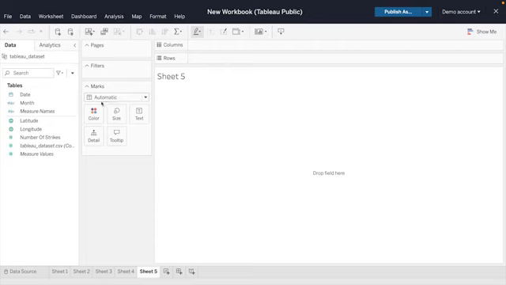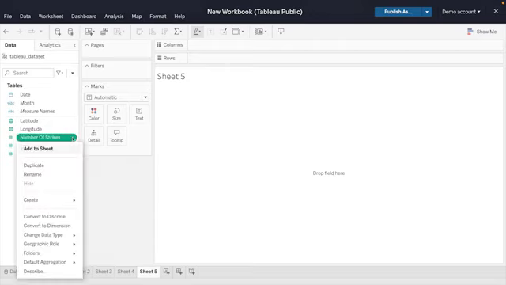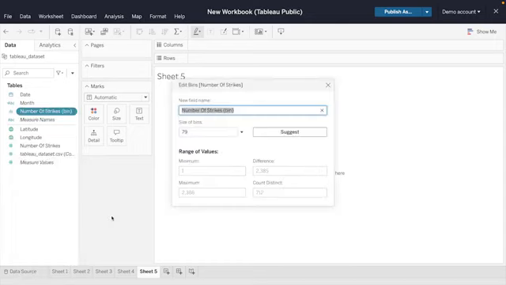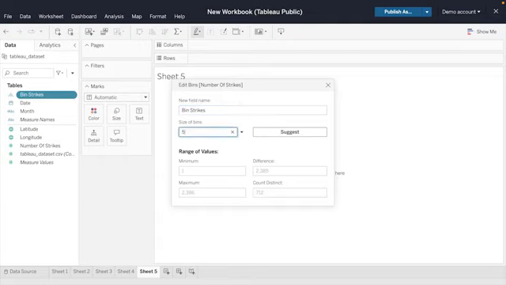Do this by clicking on the Number of Strikes dropdown. Select Create and then Bins. You can give the bin a name and then determine the size. If you select 50 for the size of bins, there would be 1 bin for every 50 lightning strikes. Any value between 1 and 50 would be included in that bin. Because there are millions of values of lightning strikes, you should select a number between 5 and 10. This will display the distribution of values in much more detail.